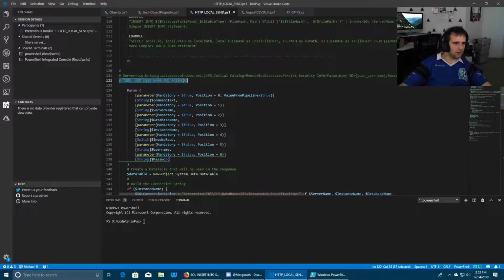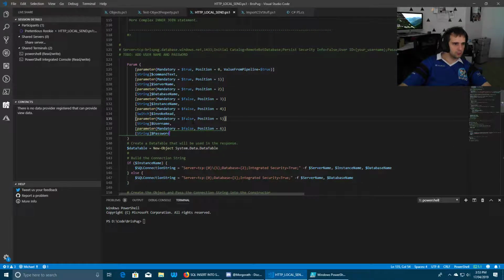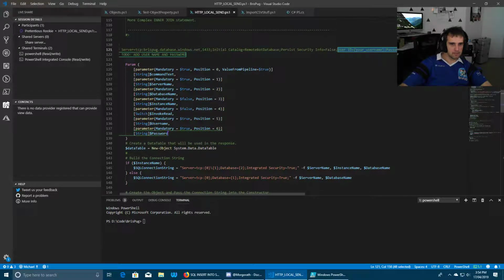Oh yeah, fair enough. Gotta love the debugging tool down the bottom, don't you? Yeah, it's really good. So what I'm doing here is building out a connection string so we can connect to our database.